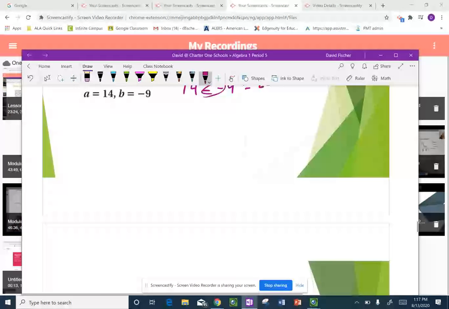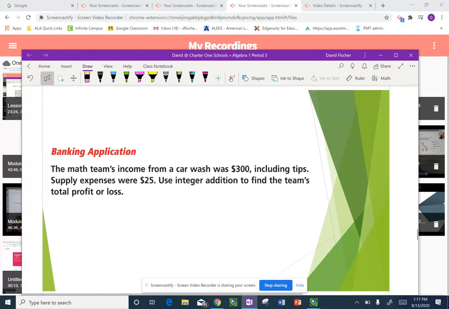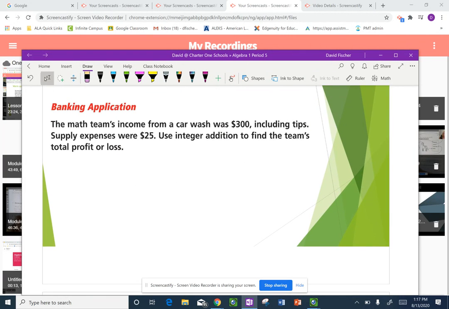Let's go to a word problem, I believe is next. Math income for a car wash was $300, including tips. Supply expenses were $25. Use an integer addition to find the team's total profit or loss. Usually income is the amount of money that's coming in. That's usually a good thing in most cases, and so they brought in $300, so that's going to be a